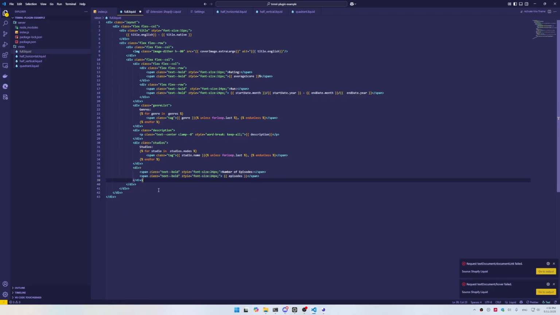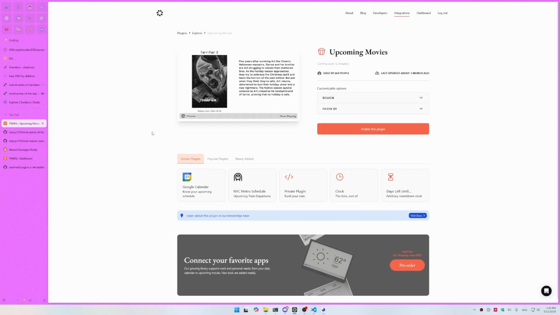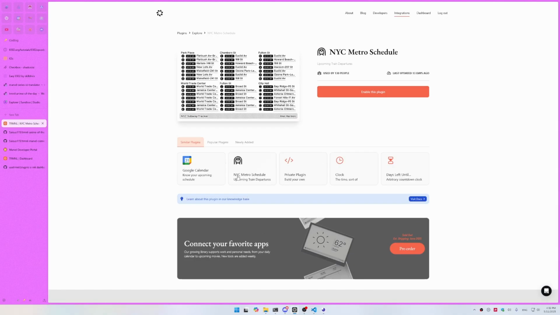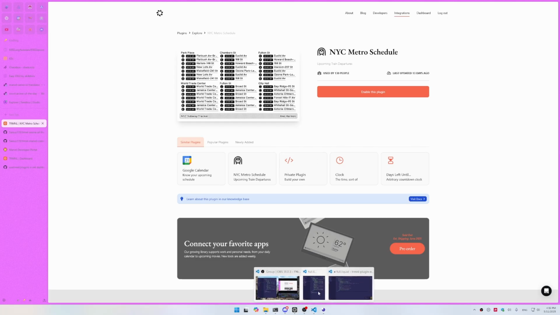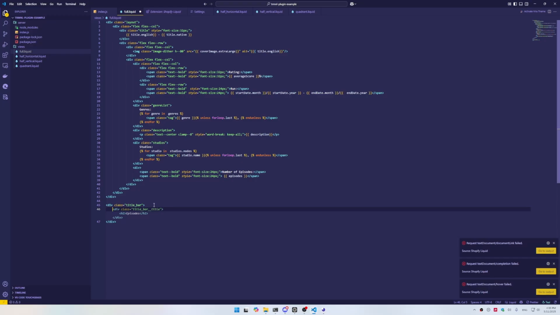And then there is a little thing that you want at the bottom. So you'll notice if we go back to one of the terminal integrations, let's pick upcoming movies, you'll notice that there's this little bar down here. Basically every terminal plugin that you go to will have this little bar down here. It's a bit of a faux pas to skip that. So let's put in our little bar. So down here, we'll just give it a little div, the class of title bar. And in here, we're just going to give it,